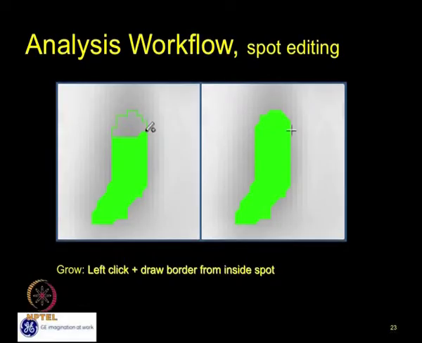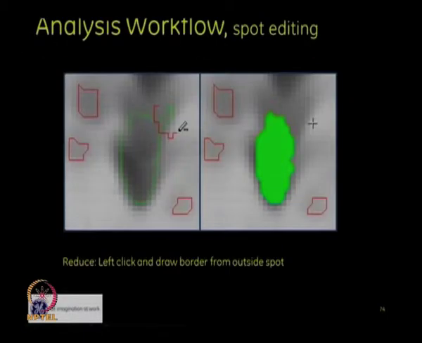Yeah, exactly. Then another option in spot editing: if you are not satisfied with your boundary and want to enlarge it, you need not delete and redraw the whole thing. Instead, you can just mention exactly what area you would like to extend the spot to, so that you can expand the volume of your spot. In the same way, if you want to decrease some portion of your spot, like where you can see there is a tail sort of thing that may not be your protein portion, one can easily cut that portion and reduce the spot size also.